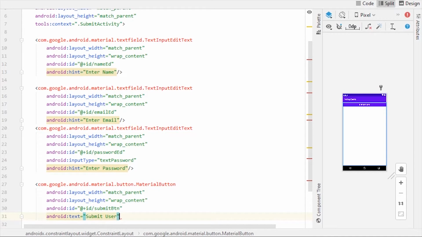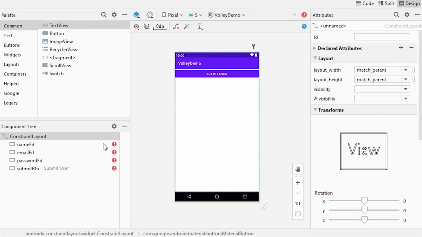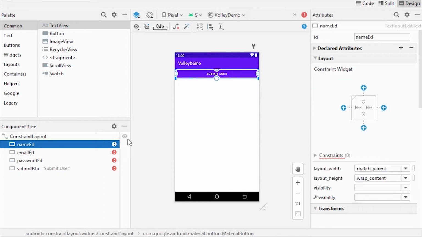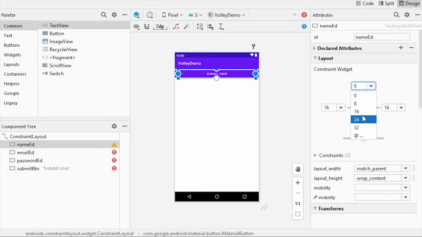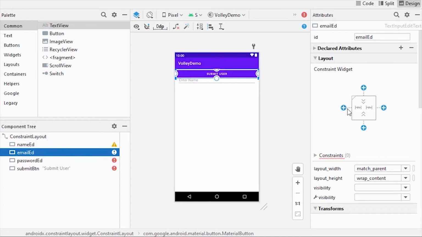Now go to design part where we will give constraints and margins to every view that we created. So to every view I'll give constraint right and left to parent and give margin right and left 16. For name id I'll give constraint top to parent and margin top will be 32. Then email id constraint left and right to parent,